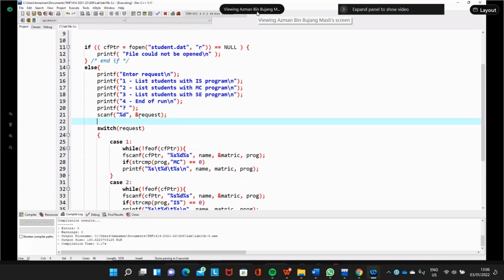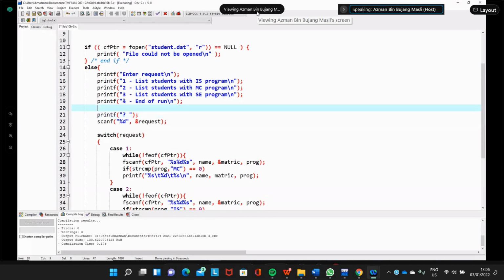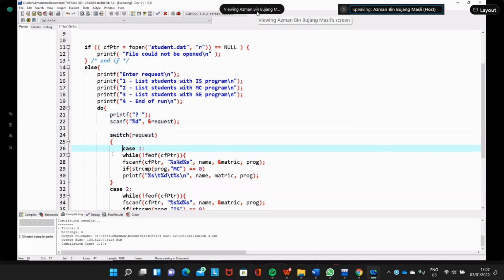Oh, we can actually do here: do, and then we check for requests. Do. Okay, so that we get it repeatedly. Okay, a loop. And then this is all in the do while.